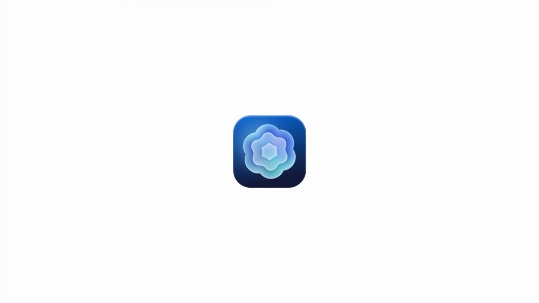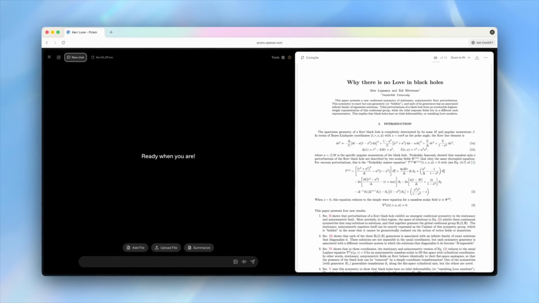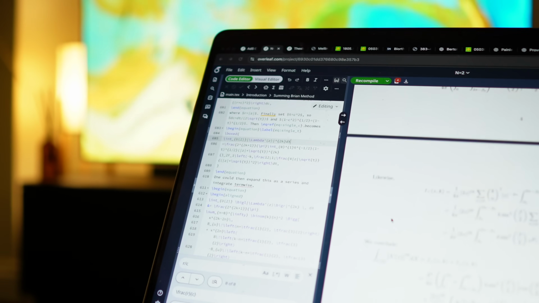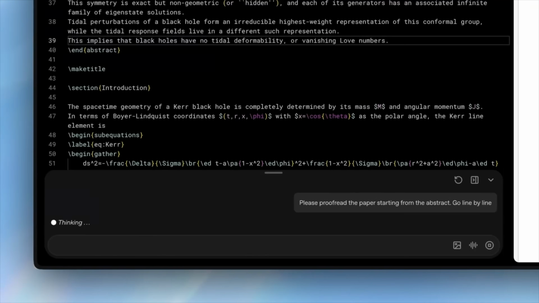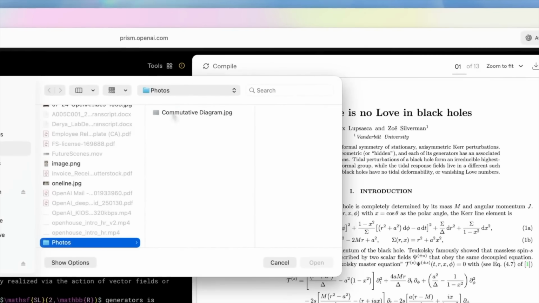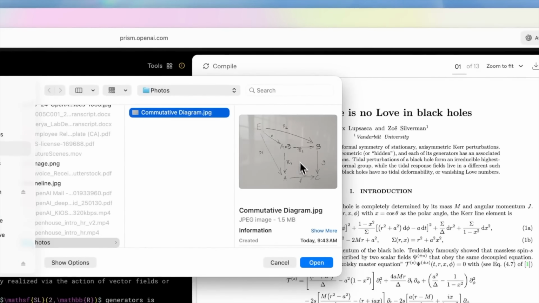So OpenAI recently released a new tool which they call Prism. It's supposedly a research tool. It looks a lot like a service which already exists, called Overleaf, in which you can effectively type up scientific documents using what's known as LaTeX. It's kind of like a type of code, in which you can typeset mathematical equations and add diagrams. And in a lot of disciplines, especially mathematics and physics, LaTeX is pretty much ubiquitous and you can't write a